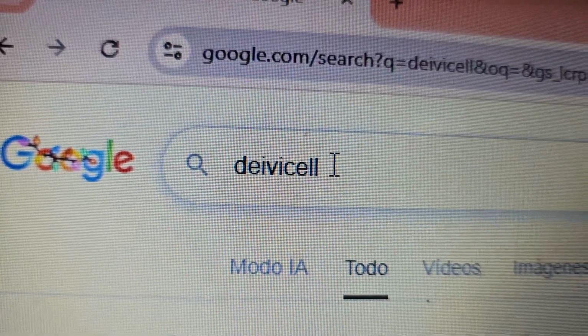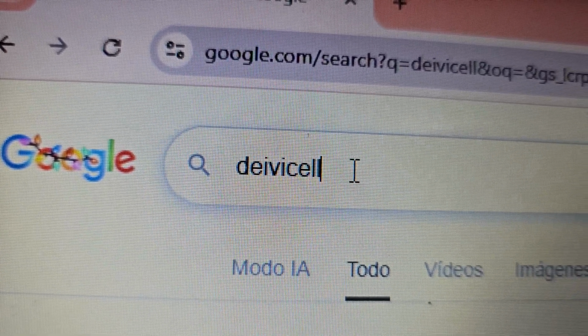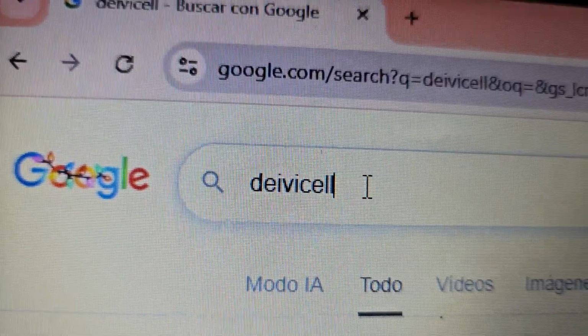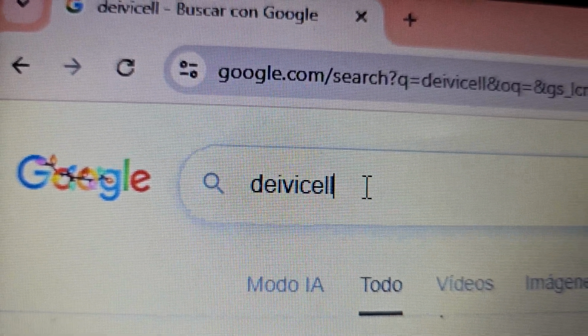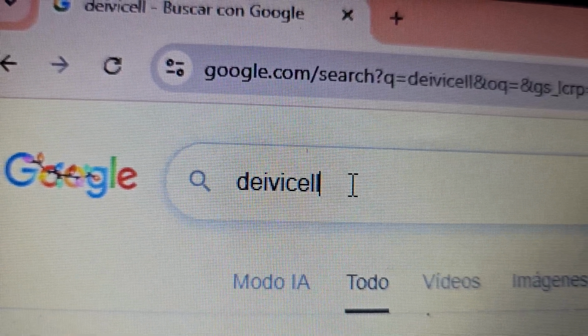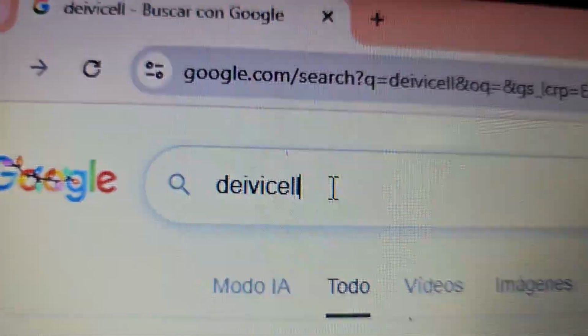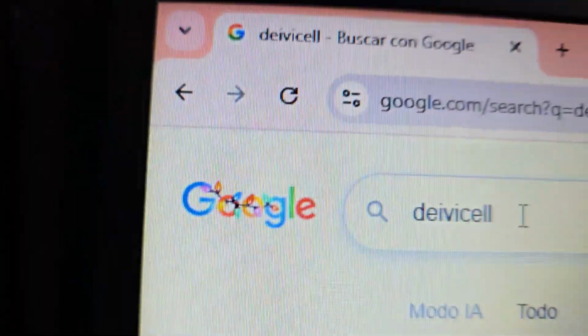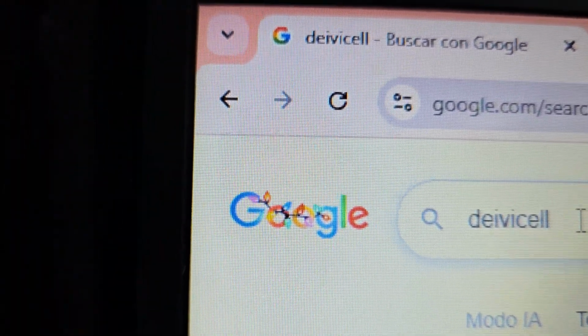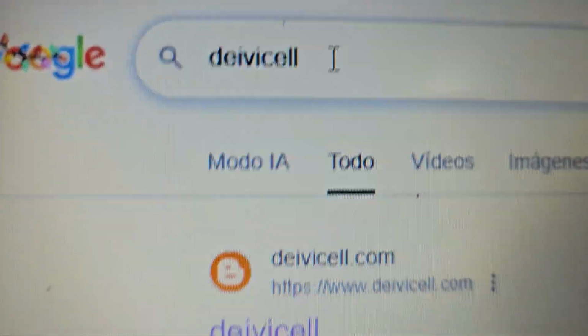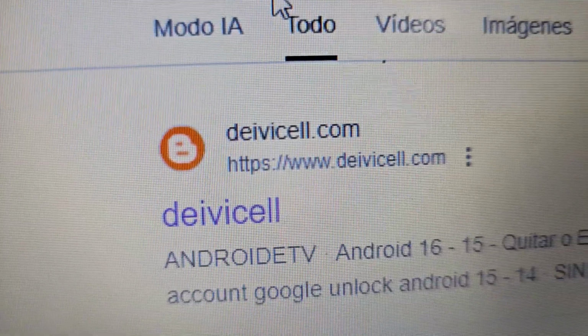Davisel is spelled D-V-I-C-E-L. It should always be searched on Google so it can appear quickly. After you type Davisel, this page will appear below,